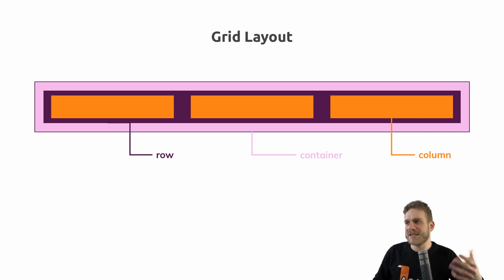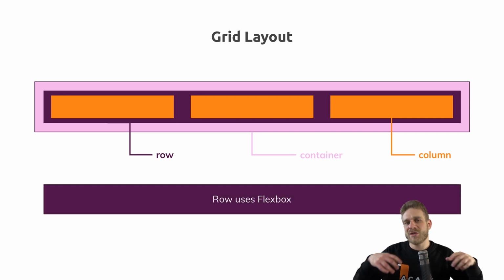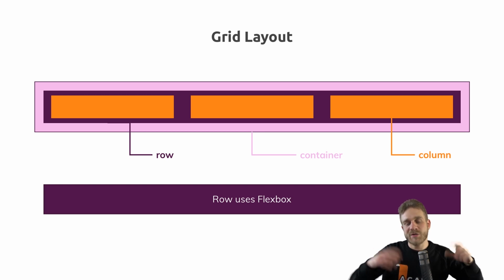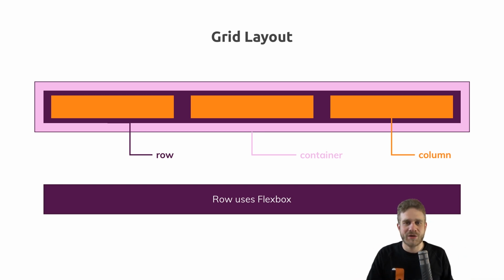Now behind the scenes, the grid layout by Bootstrap uses Flexbox, a CSS technology you can use without Bootstrap too, of course. Now using it without Bootstrap is not actually that difficult. Manuel created a video on it, which you can check out if you want to learn more about it. But still, it's more work than just dumping some CSS classes onto your HTML code, which is why Bootstrap is even easier. So this is the grid layout.